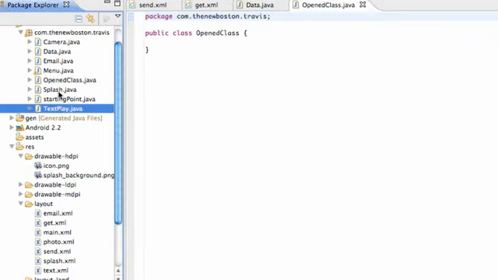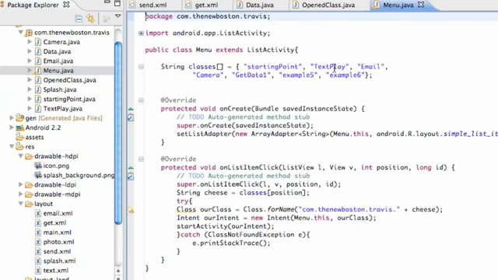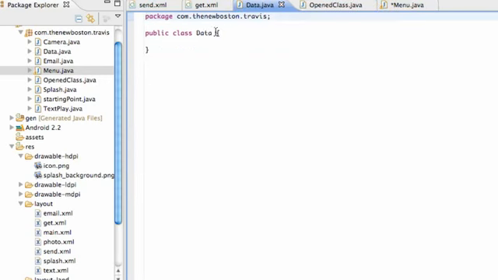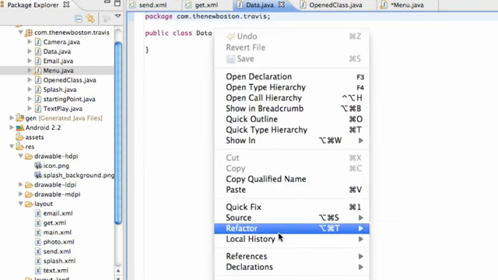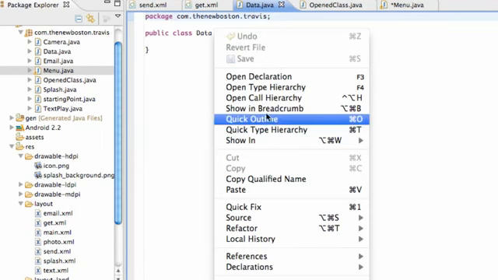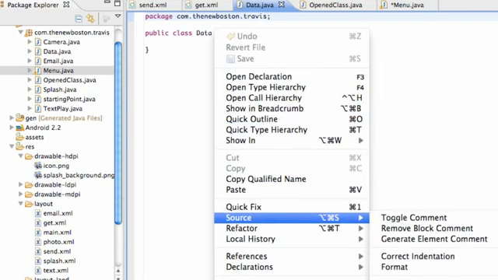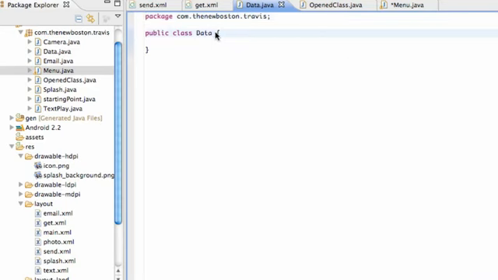Again, we're just going to go into our menu class and define one of them within here called data. Again, it has to be the exact same as the class. Again, define it in the manifest. Because this tutorial is kind of short, I'll start again just showing you guys how to set this up. You guys should know how to do this by now, but both of them are going to extend activity, pretty much standard activities for both of these,